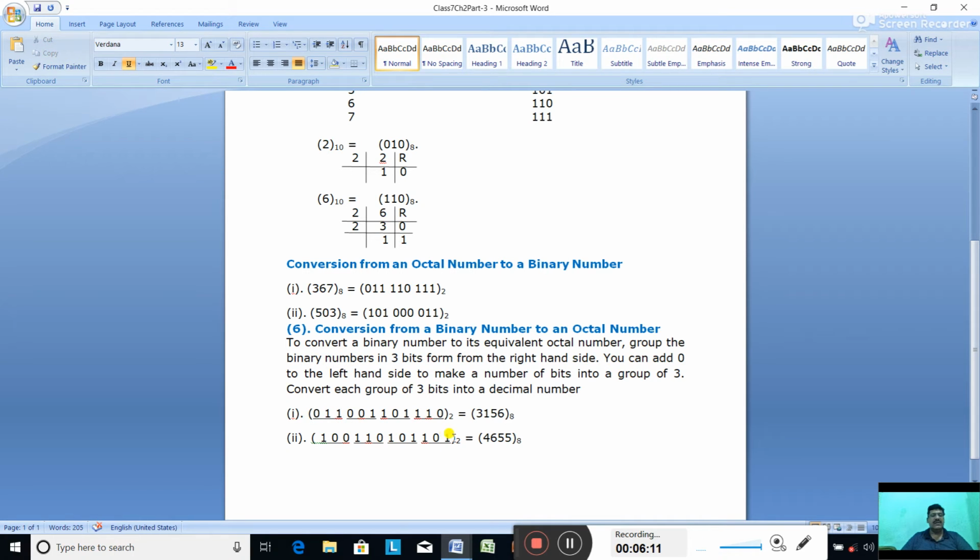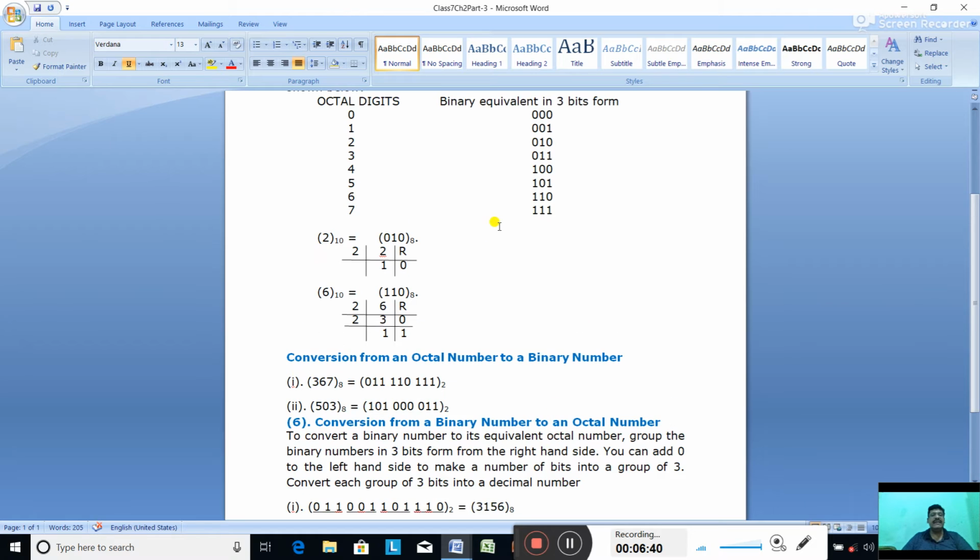Once again, you have a binary number and you have to make it into octal. So from the right side, make groups of 3 bits. First 3, second 3, and at last if only 1 digit is left, then add 2 zeros on the left side. If 2 digits are left, then just put 1 zero on the left side to make it 3 bits. Now using this table,